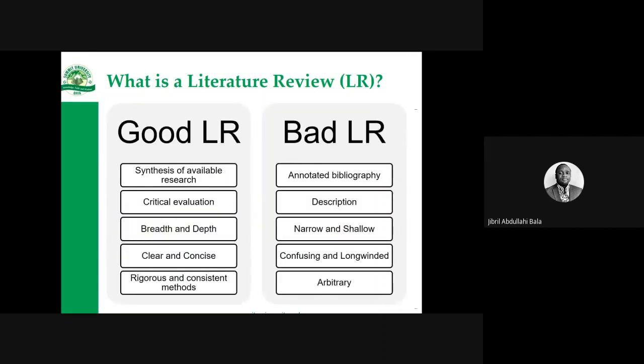Now, you have good literature reviews and you have bad literature reviews. And it's important for you to know the difference, especially when it comes to developing yours, because you do not want your own literature review to fall under the bad category. You always want it to be good, and that would provide a justification for your thesis. It will provide the editors or reviewers in any journal or conference you submit to a rationale for accepting your